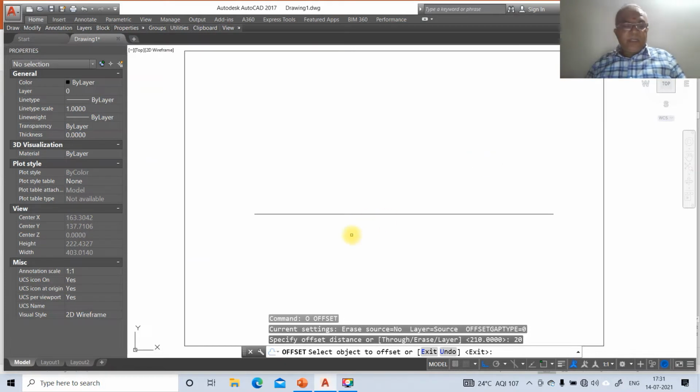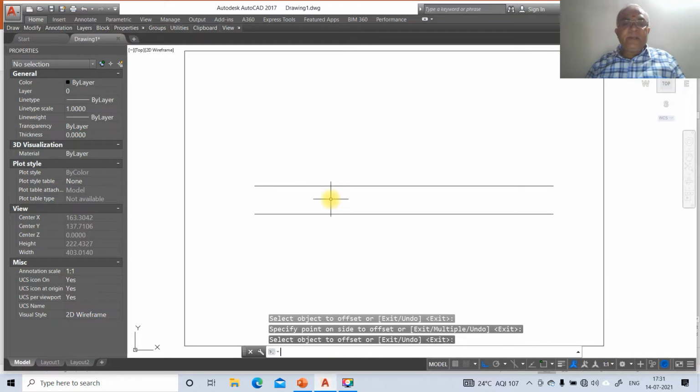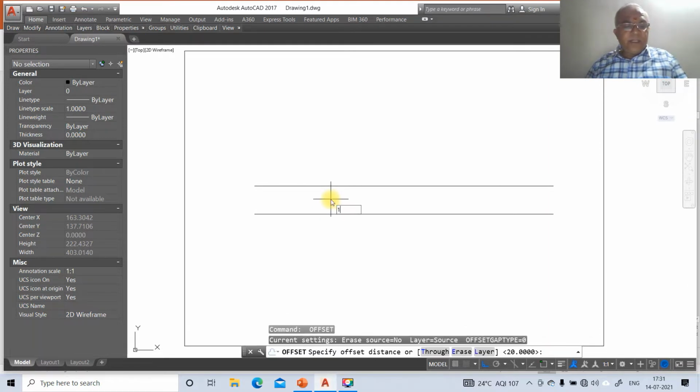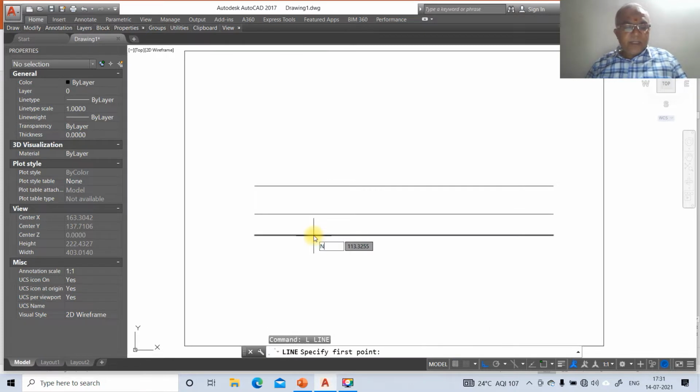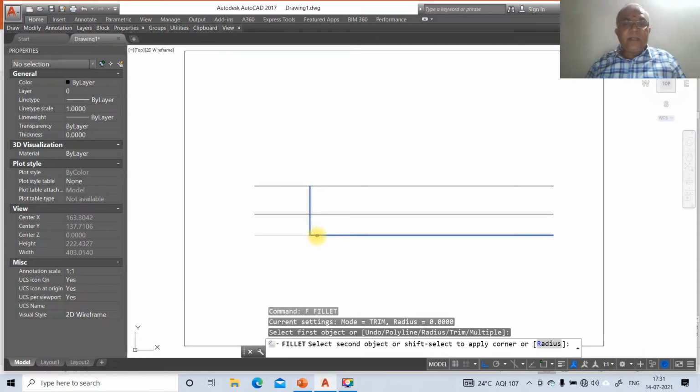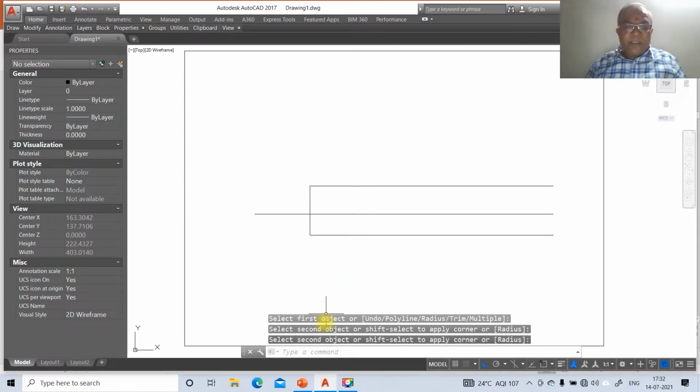Similarly offset, take 15, select this, and then go to line, take the nearest point on this and take perpendicular to this line. Then click on fillet and select between these two, and between these two. So you'll get the first line.